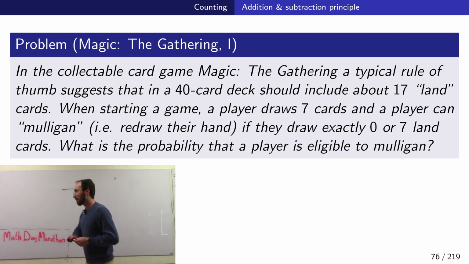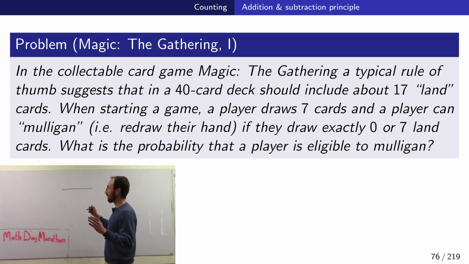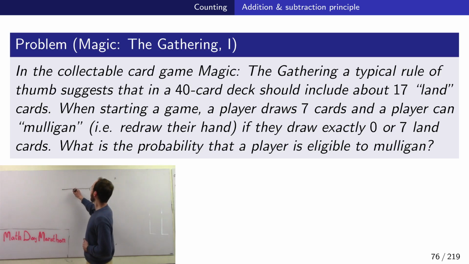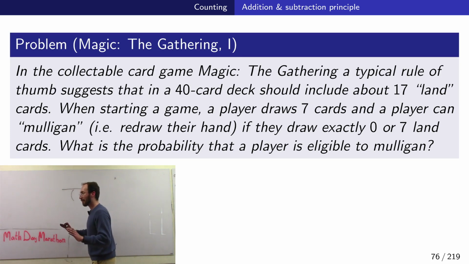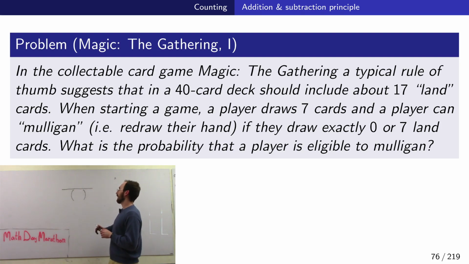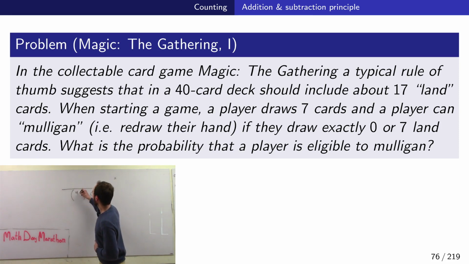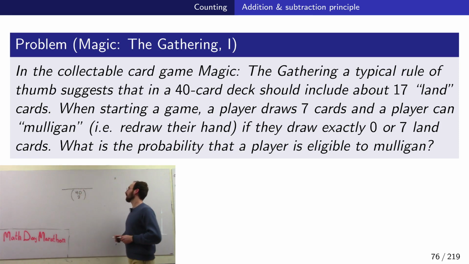When we're doing probability, what we care about is sort of our whole universe. What is the count of our universe? In this case, we can draw 7 cards from a 40 card deck, and it does not matter the order of those cards. So there's 40 choose 7